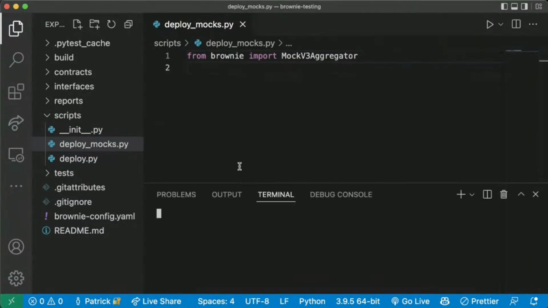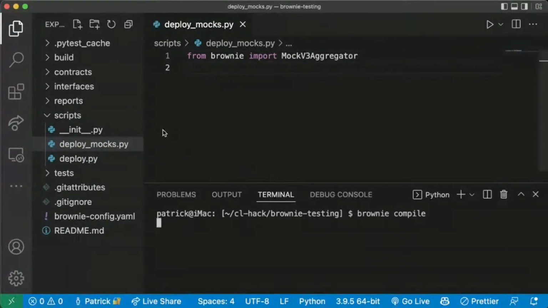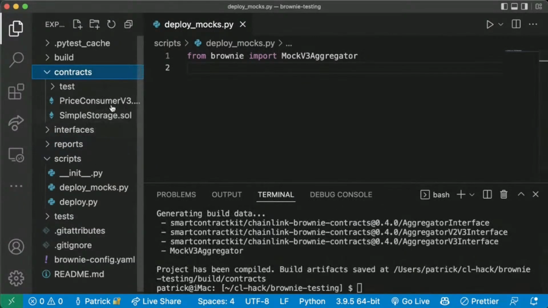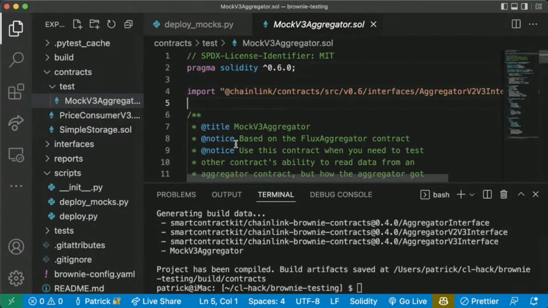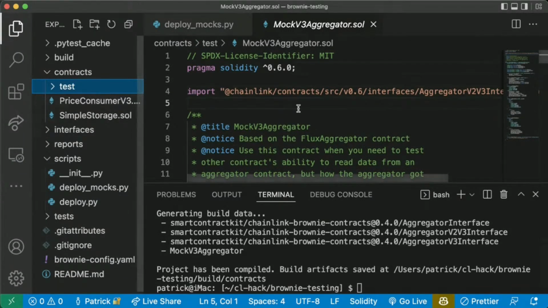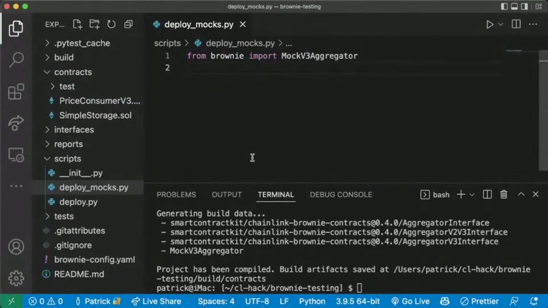Oh, and actually, before we do that, we should run Brownie compile, because we're going to need to compile our mock v3 aggregator as well, right? This is a contract. We do need to compile it, even though it's in its own test folder. Great. It's compiled. Awesome. So we're going to say from Brownie, import mock v3 aggregator, and we're going to do